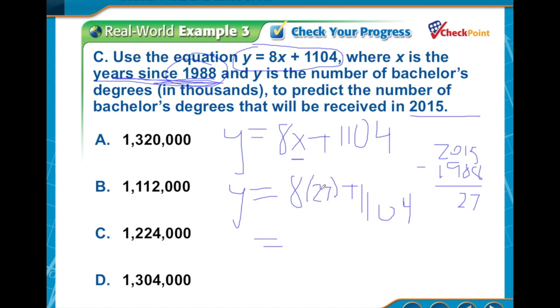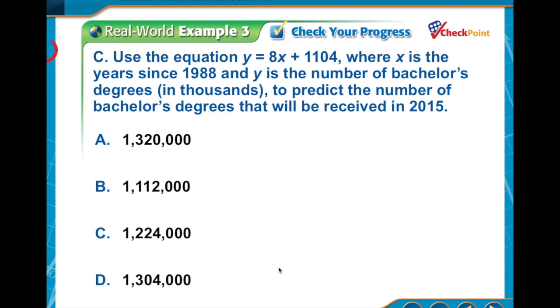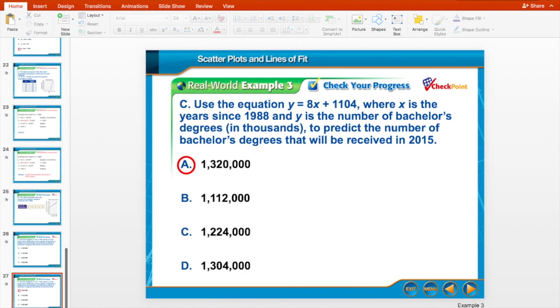So if you multiplied here and added this number, the value you would actually get would be 1.32 million degrees earned. So that is our solution. That is it for 3C. So please have that number and just that equation down for this example. 1,320,000. So given all of that, hopefully we feel confident as we jump into some